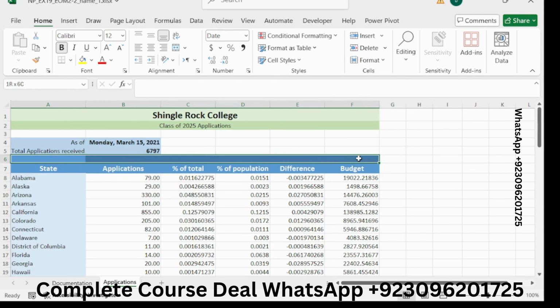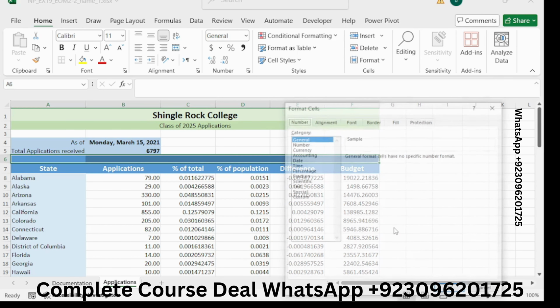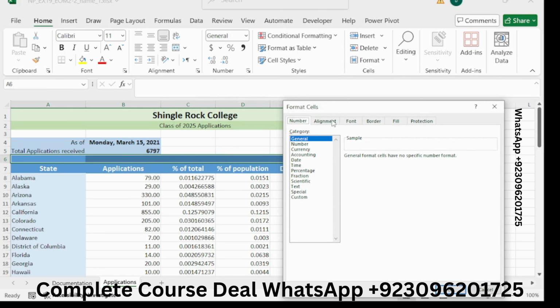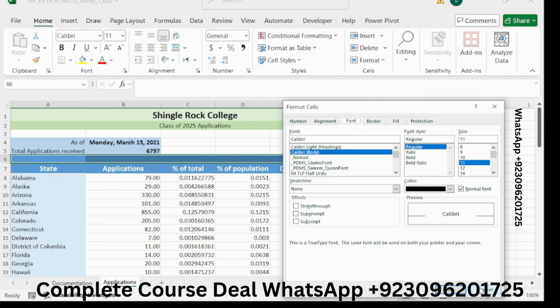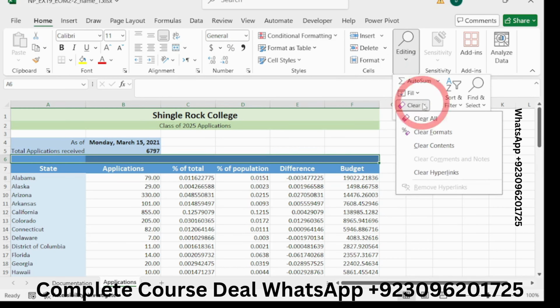Select the range A6 to F6 and then clear the format. Go to editing, clear all, clear formats, like this.